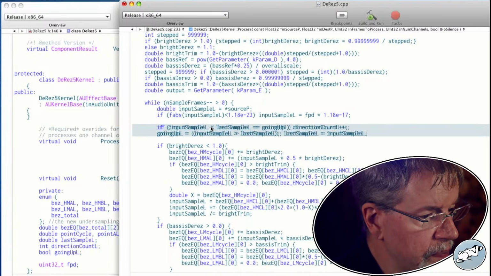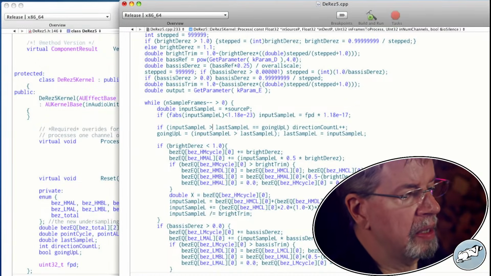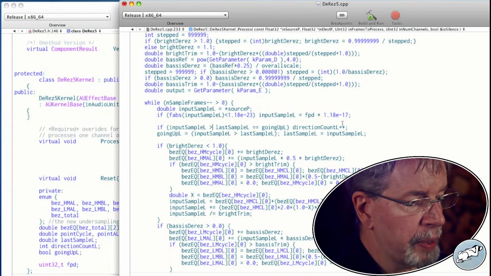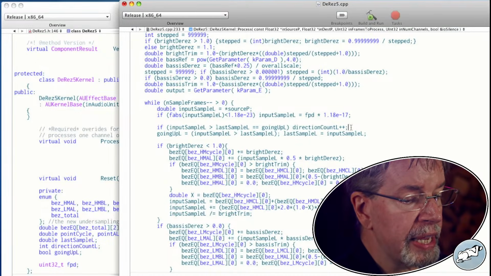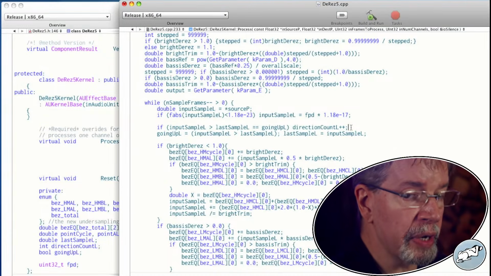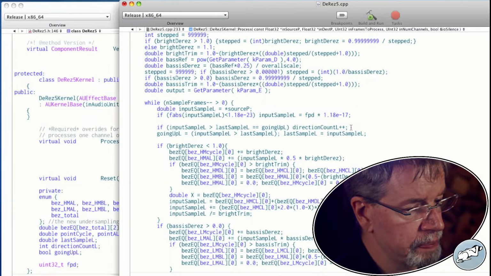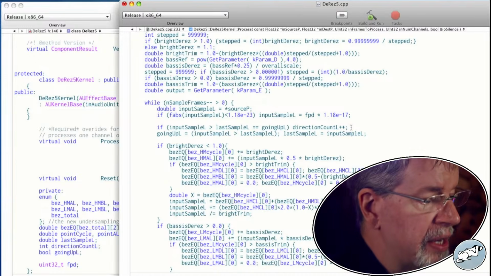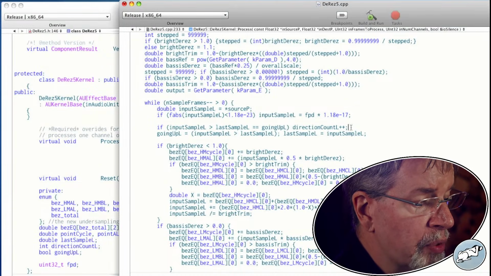So let's see. I figured out all this logic, right? So if going up equals going up, then plus plus. The difference is if we're doing it this way, we need to keep a constant track of going up, but it needs to not be increasing unless, so what do I mean when I say unless? What I mean by that is unless we do have a reversal, at which point we then immediately reset.